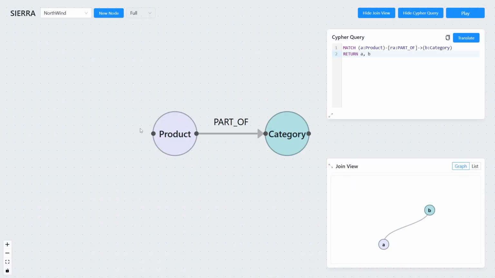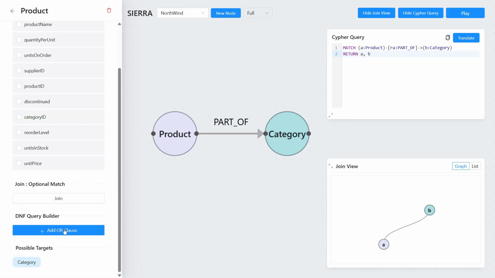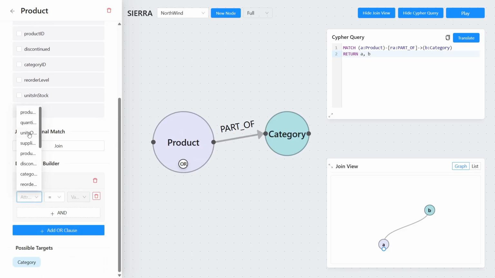Now, suppose I want to build a disjunctive normal form query in terms of a node's predicates. I can click the node, and there is this new DNF query builder option. I can add an OR clause, and I can choose between, these are the predicates of the node actually, and you can choose between all of the operators